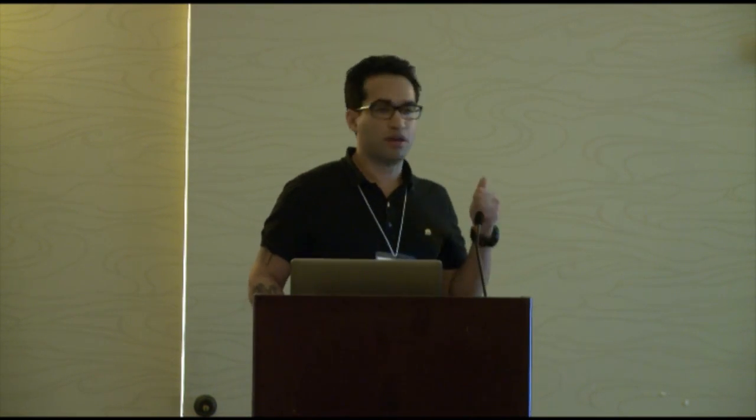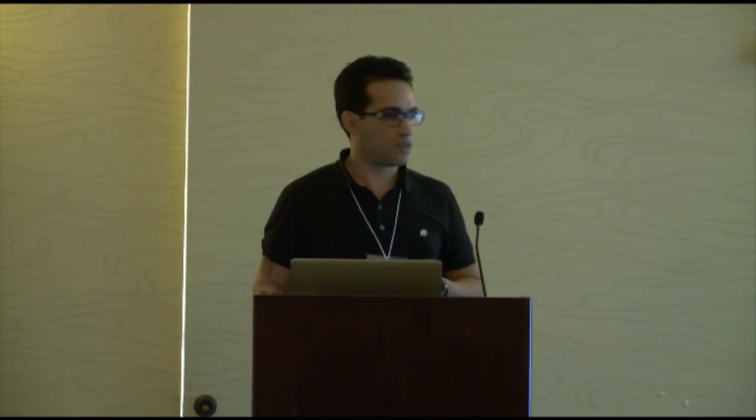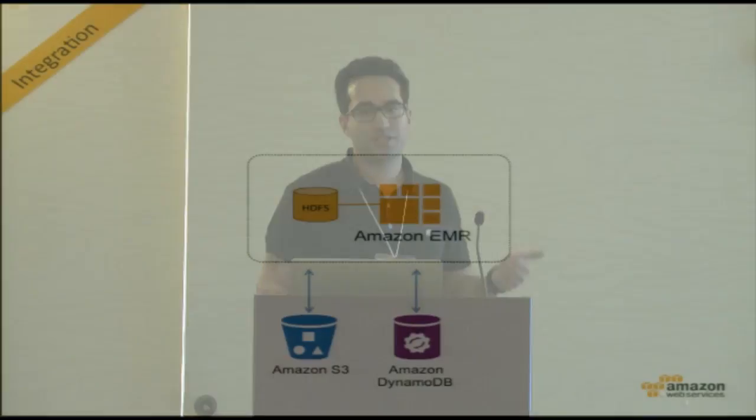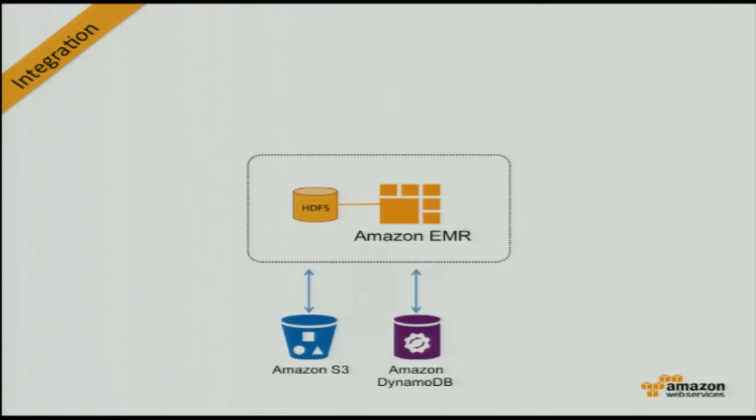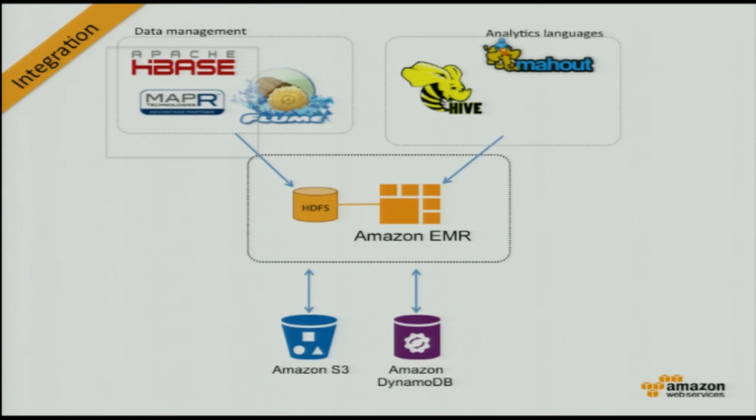So again, a little bit of introduction. Amazon EMR, Elastic MapReduce, Hadoop as a service, comes with HDFS and MapReduce on top of it. It integrates with Amazon S3 and DynamoDB. Also, we have a bunch of platforms on top of it: HBase, MapR runs on it, Flume. I forgot to put it here, Amazon Kinesis is also on top of it. Hive, Mahout, Pig,